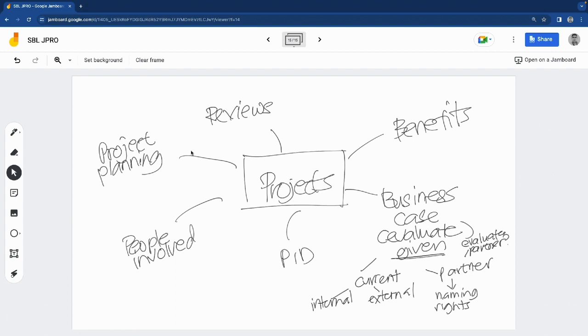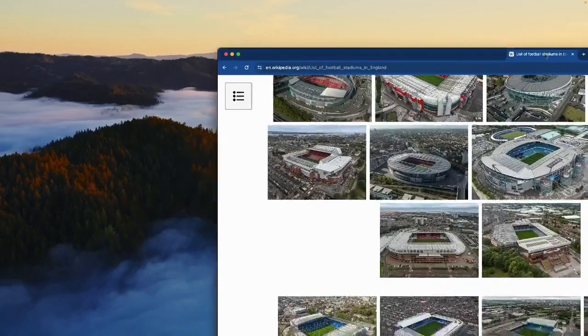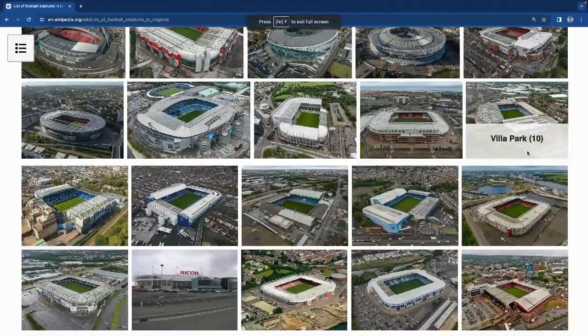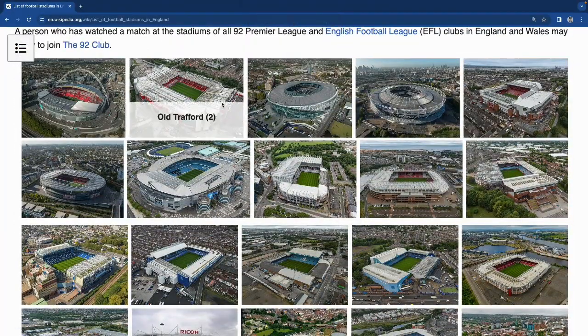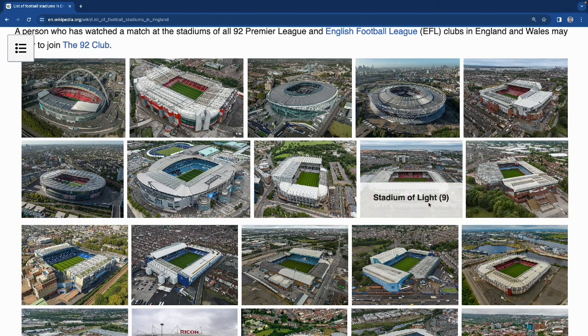Because if you give this, it's like, for example, if I'm not mistaken, in the UK, you have stadiums that have names in them, okay? Let me see first. I'll give you an example here. So this is one example, okay? The other one that you have is this one over here. And you can see the names of the stadiums: Wembley Stadium, you got Old Trafford, you got Tottenham Hotspur Stadium, London Stadium, Anfield, you got Villa Park,